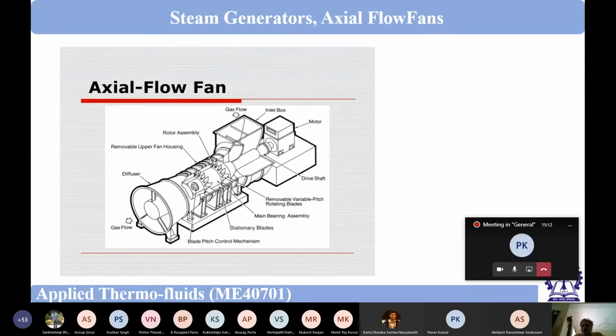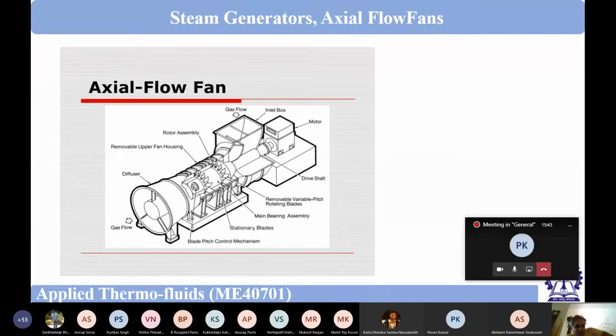See, all of you are sitting in some sort of a room now, and probably all of you are having a ceiling fan or a table fan. So the ceiling fan or the table fan is an axial flow machine. Not completely axial flow machine, but to some extent, we can call it an axial flow machine. A table fan is an axial flow machine. You can sit in front of the table fan, and you can see the air coming towards you.